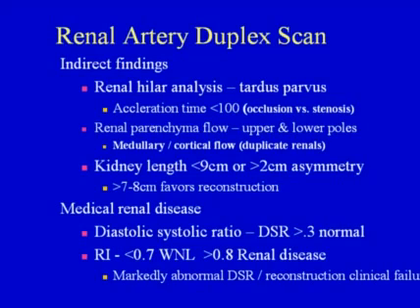Between 8 and 9 is variable depending upon the amount of medical disease present. Now, the identification of medical renal disease is identified by either doing the diastolic-systolic ratio or measuring the resistive index. A DSR of greater than 0.3 is considered normal. An RI of less than 0.7 is within normal limits, and greater than 0.8 is consistent with renal disease. Markedly abnormal diastolic-systolic ratio and/or a markedly abnormal resistive index are suggestive that the patient would not fare well